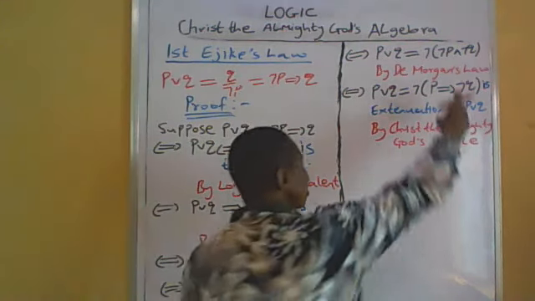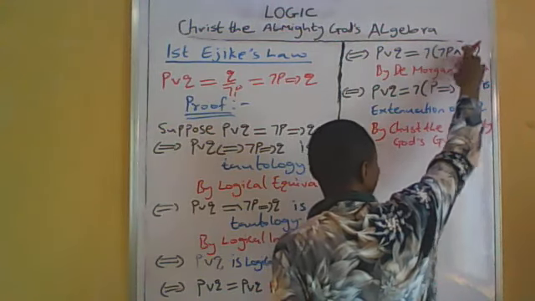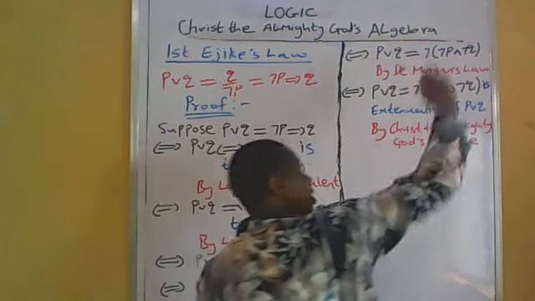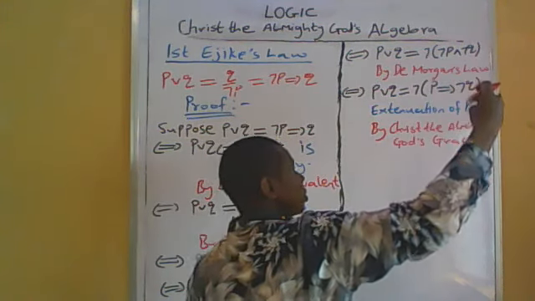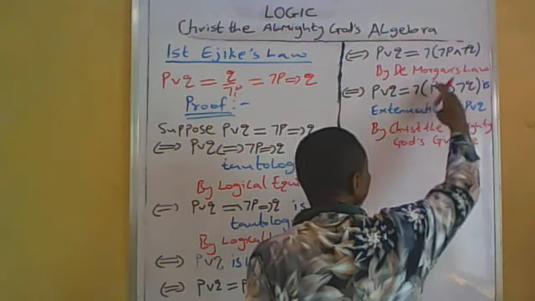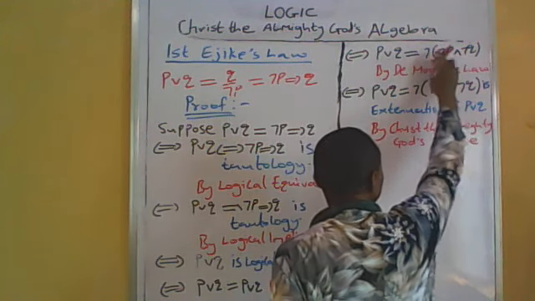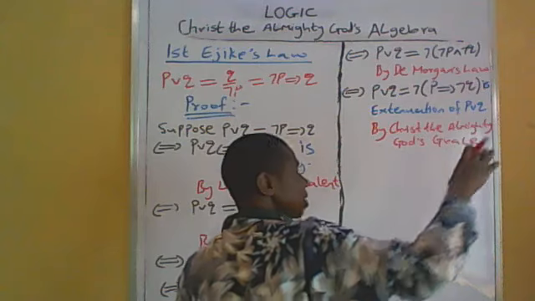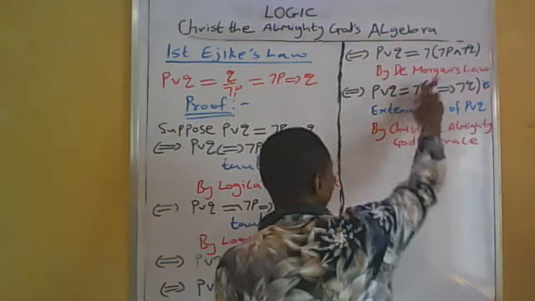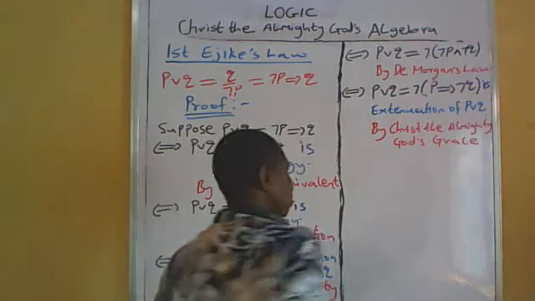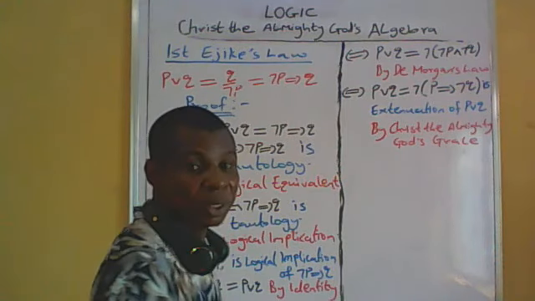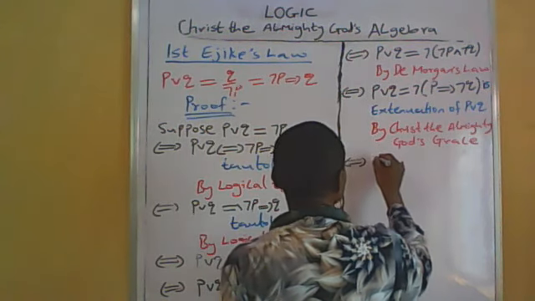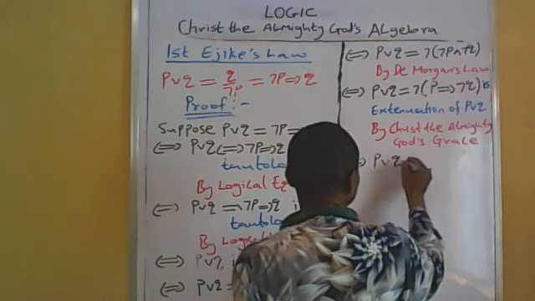So, this is being intensified. This not P and not Q is now being intensified. As in not bracket, not P and not Q is now being intensified to be not, sorry, this has now been extenuated. This not bracket, not P and not Q has now been decreased in value to not bracket P implies not Q. If and only if P or Q is equal to